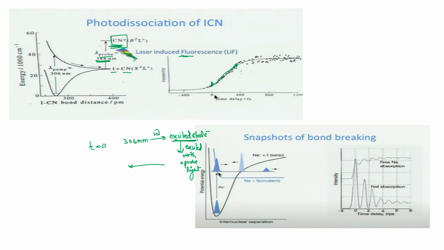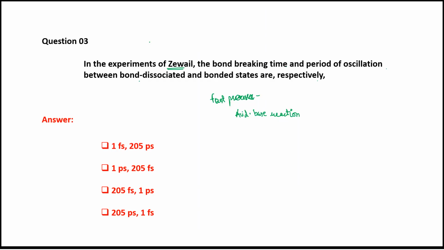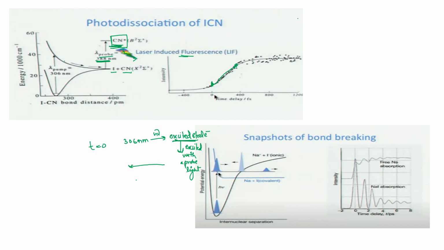Okay, and the time it takes to reach the maximum value is the time in which the photodissociation has occurred. That is, from ICN in the excited state, it has totally dissociated to CN star. Thus, when they calculated the time of this whole process, the bond breaking time, it came out to be 205 femtoseconds. What we want to say is, as we had discussed earlier,